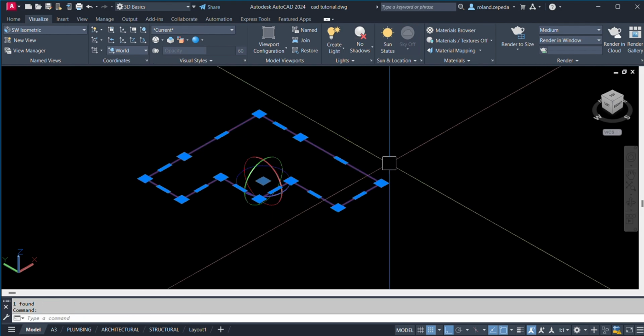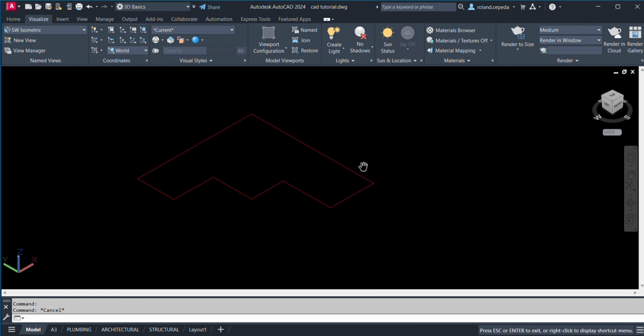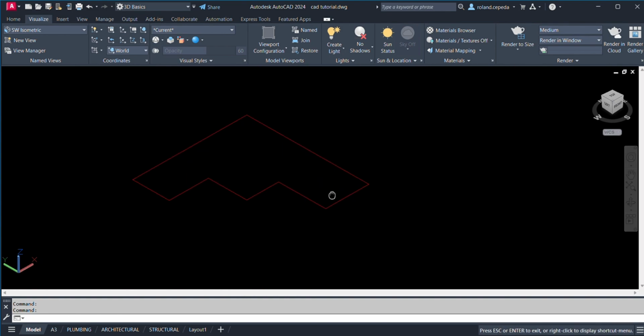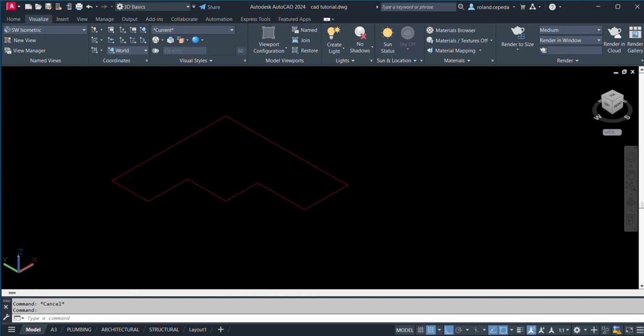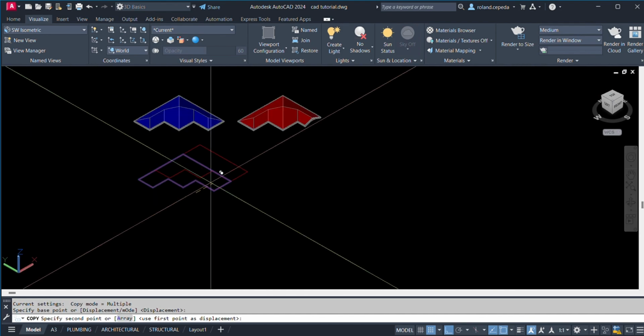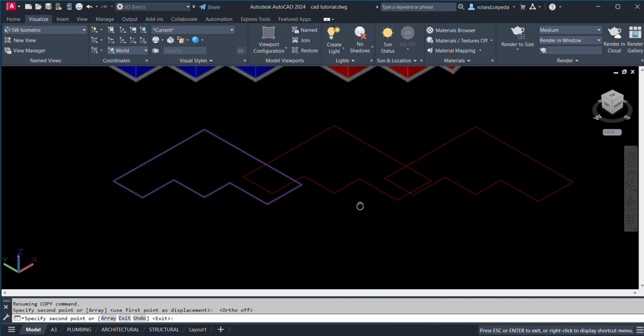Okay, so this one is already B-poly lines. I'm going to copy this one by typing CO and then bring this to the right side.